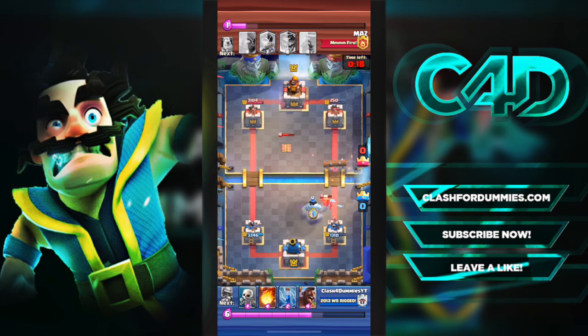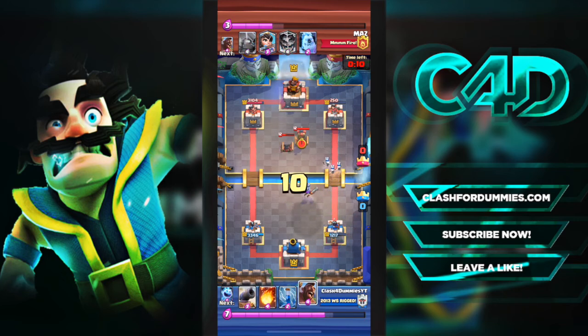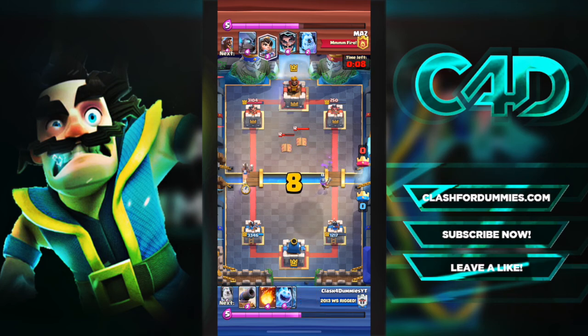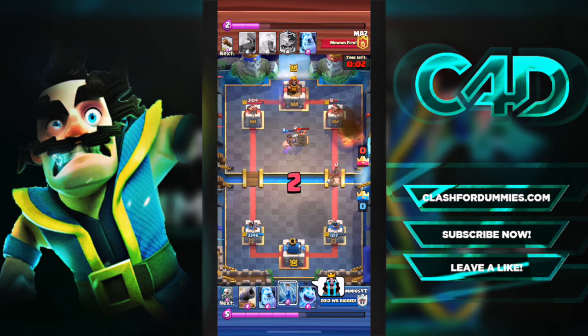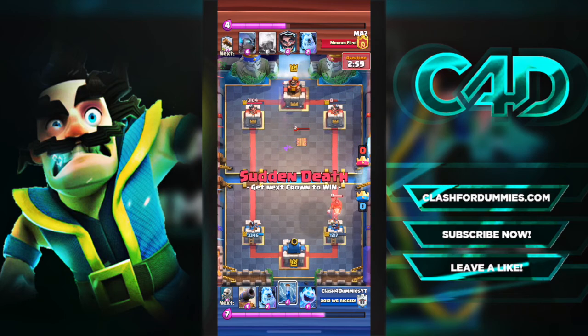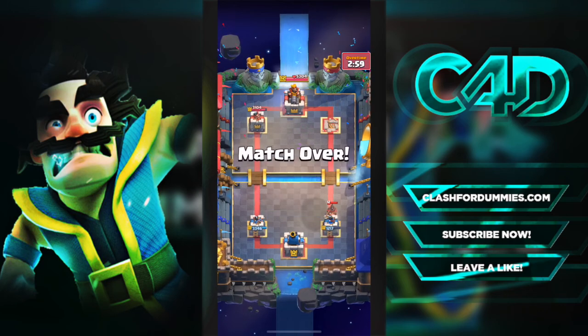Lightning right there is not really going to do much as we have enough troops to shut down that Mini P.E.K.K.A. Skeletons as insurance there, and now I know we just got to hold on for the next 10 seconds. He plays a Tesla like I'm about to drop a Hog, but in fact we're going to drop a Hog on the other side. There goes a fireball taking down the E-Wiz, and we just need one zap. One last crying face there just to prove my point, and that's going to wrap it up